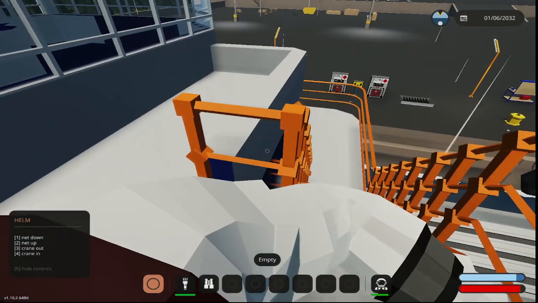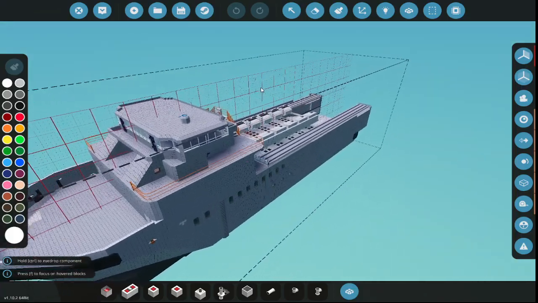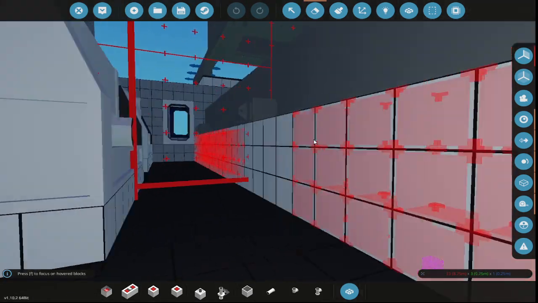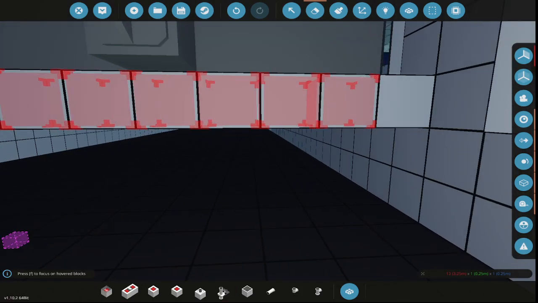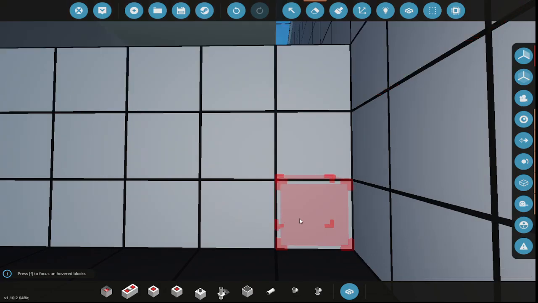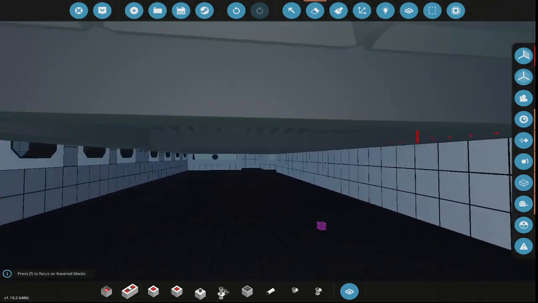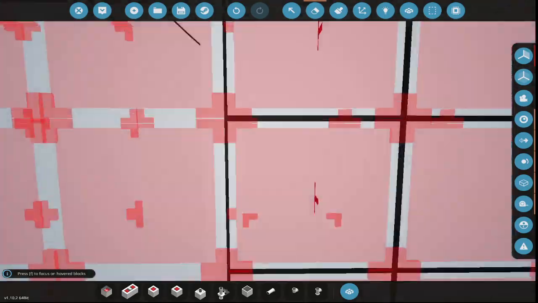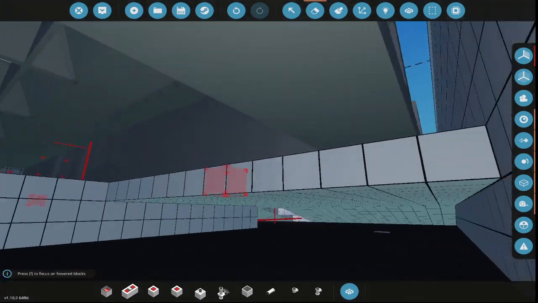Yeah, see, it gets caught. It gets caught like that. So this is the dilemma with the net. I don't really have the room to make that one lower because we have the reactor control center. I don't really want to be messing with that. But the other thing I could do,